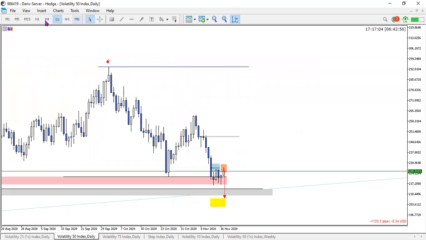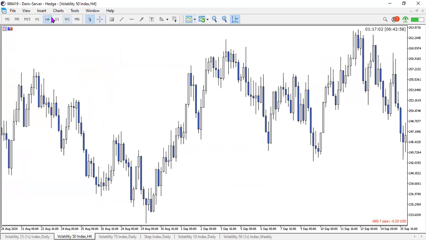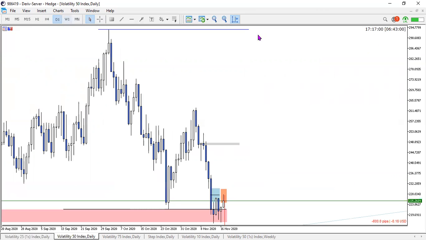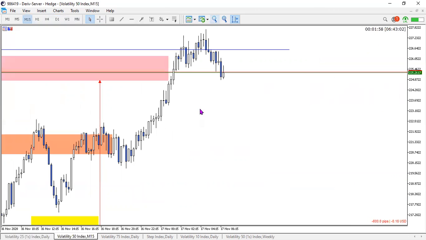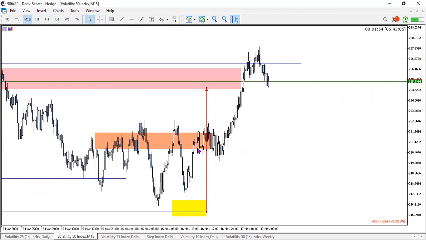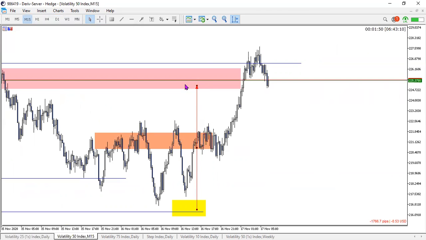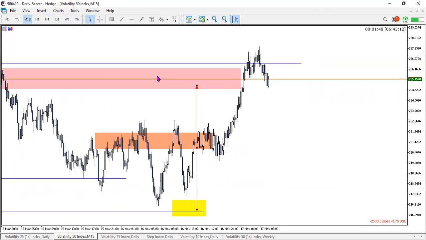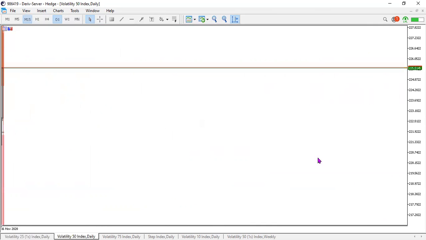Let's move on to volatility 50. Yesterday, I actually spoke about some buys on the premium group, or the paid group, with the paid members off of this level here. And as you can see, right down to the tee, price came, bounced into this level, retested, and it went up. So our TP was around here in this level. That was a really nice buy trade, which hit TP overnight.